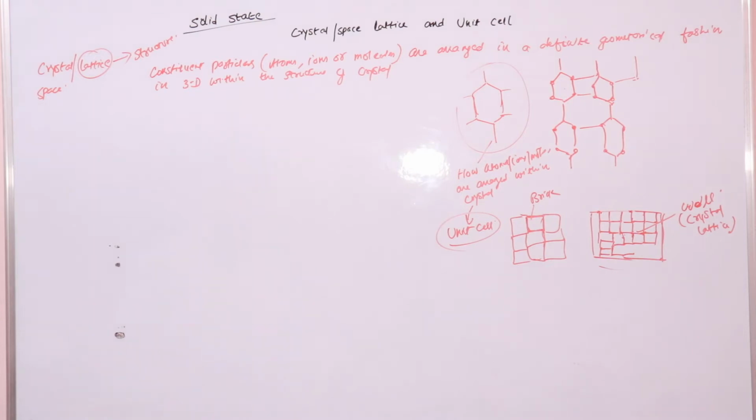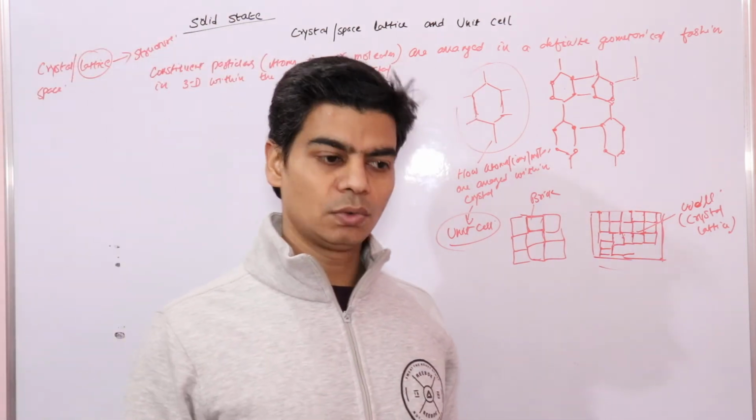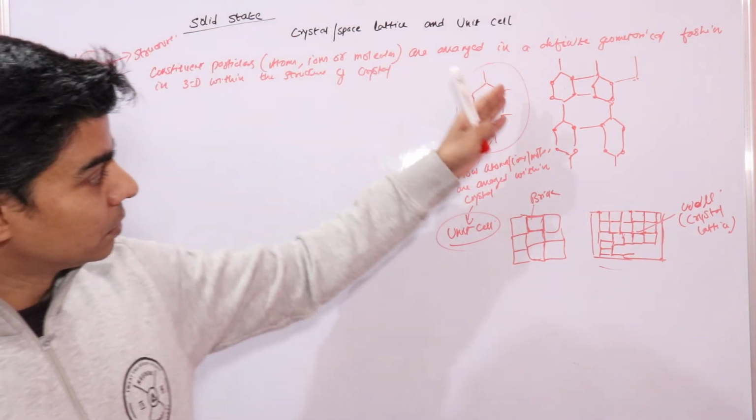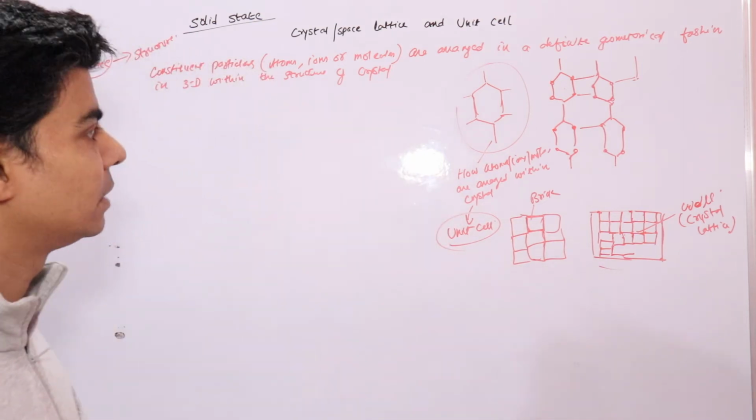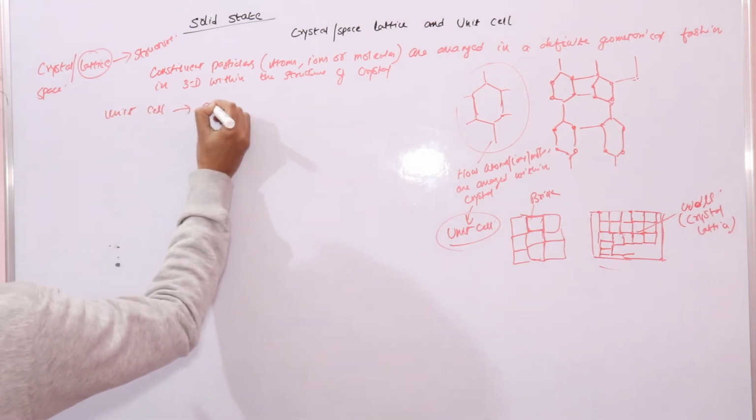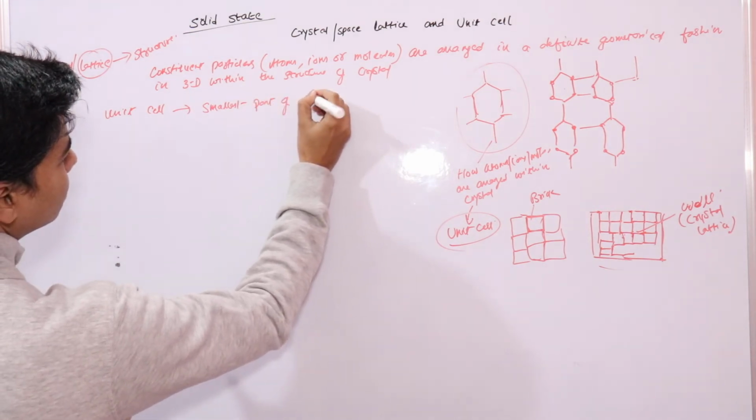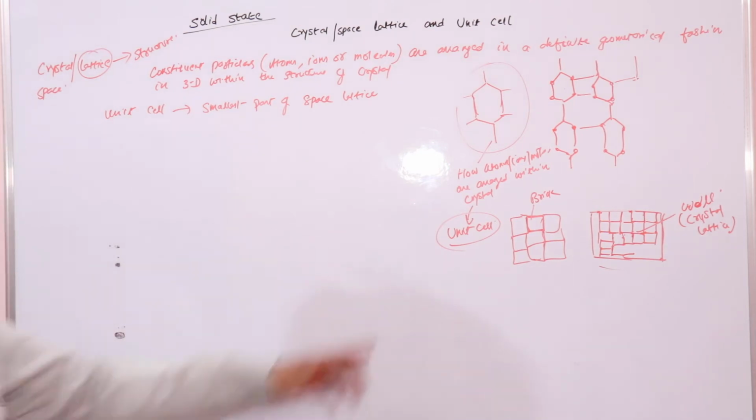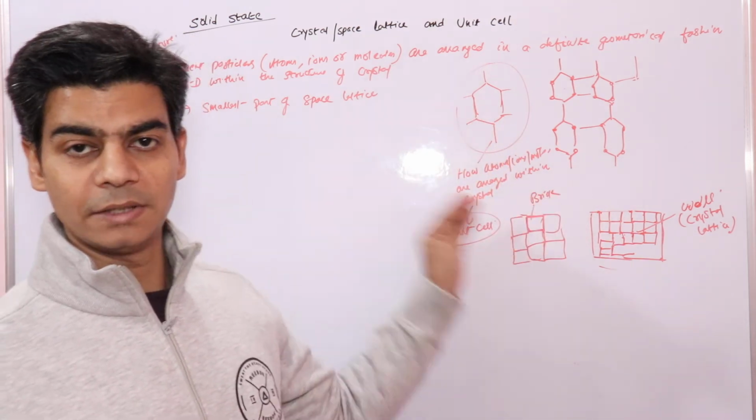This is important. So this is your space lattice, that tells you how atoms, ions or molecules are arranged in the crystal. It tells you the structure of the crystal, and the unit cell is the smallest part of this crystal structure or of this space lattice, right? So unit cell is the smallest part of space lattice or crystal lattice, right? And when you keep repeating this smallest part, it will generate the entire crystal,